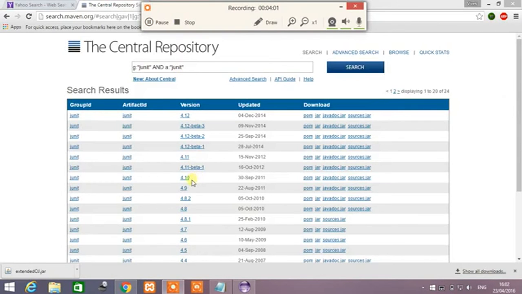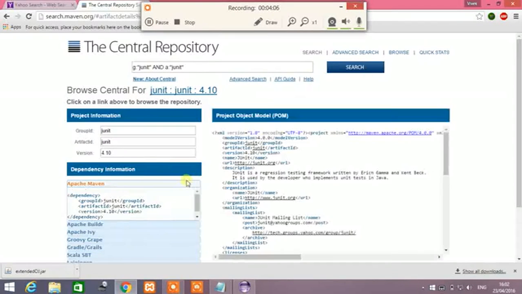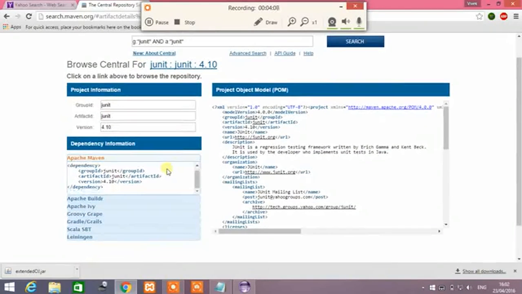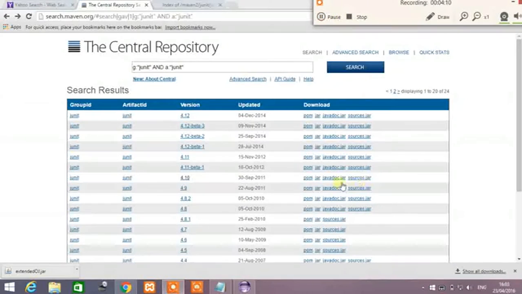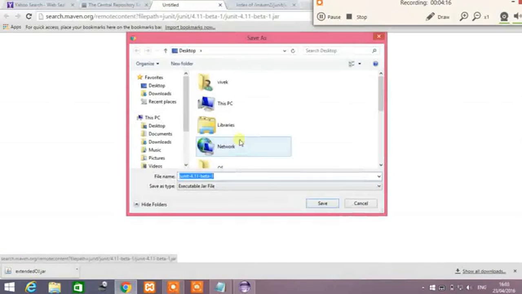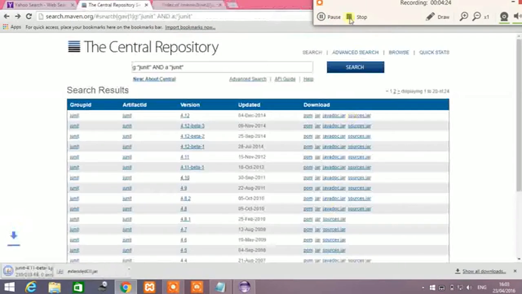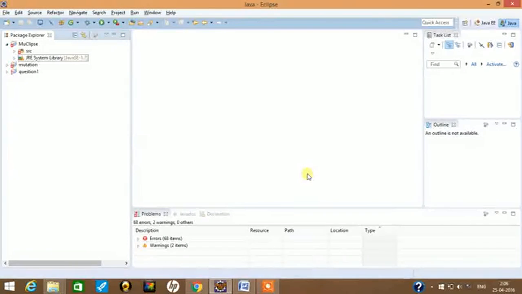You need to download the 4.10 version of JUnit. You have to click on the jar in the download options and store it wherever you want to store it. We have seen the installation of the MuEclipse plugin into the Eclipse IDE.